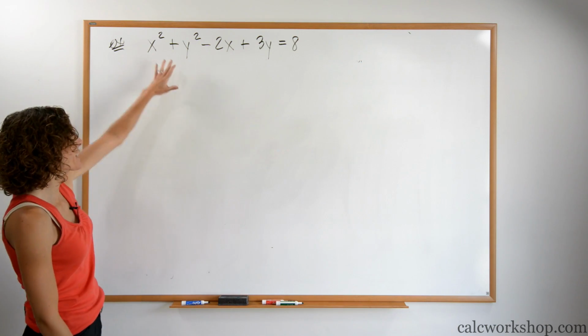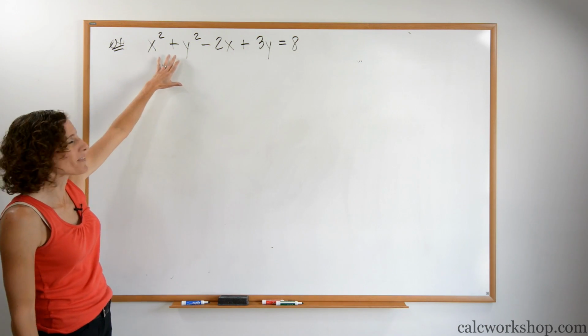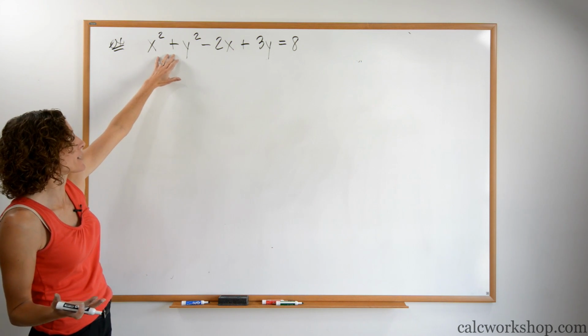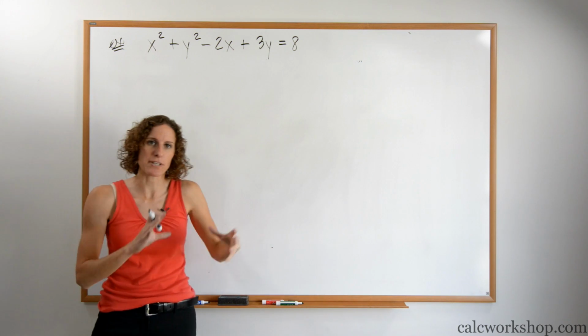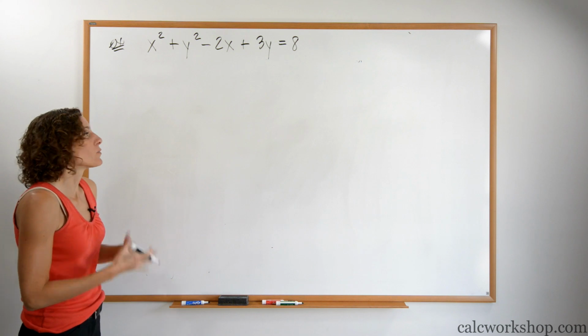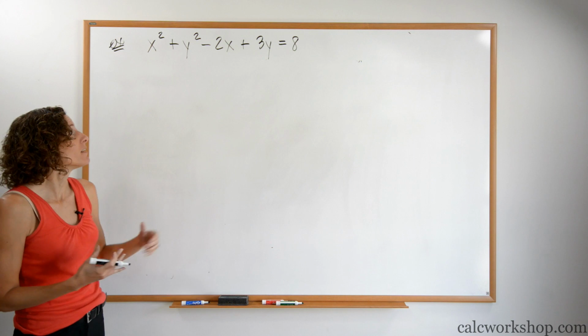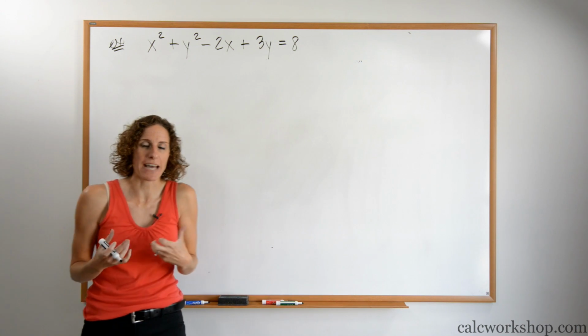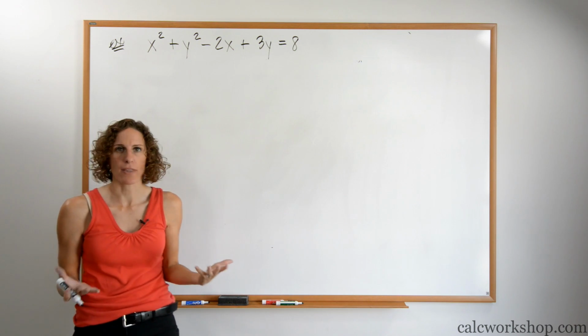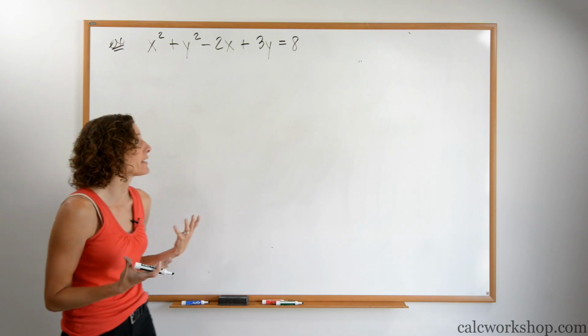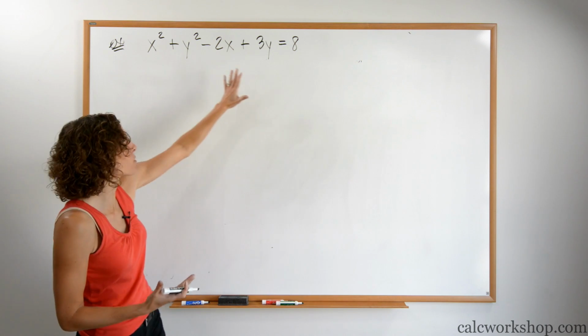Okay. Again, this is a circle, but knowing that it's a circle is not important, but it is a conic section. It's a circle, but it's not centered at the origin anymore. So, are we going to try to get y all by itself? I hope not, because I don't even know where to begin. Am I going to have to actually complete the square? We learned that in Algebra 2. I hope I don't have to do that again. And we don't. We're just going to leave it exactly the way it is.